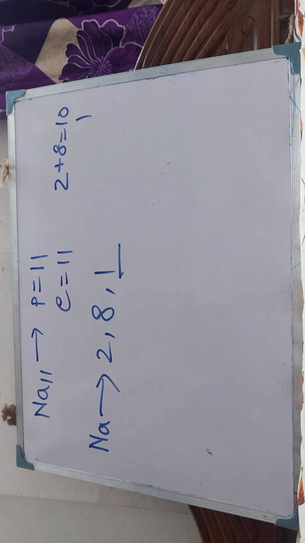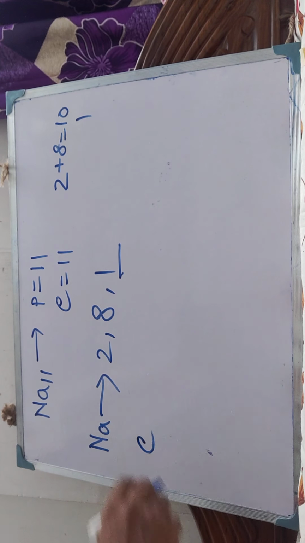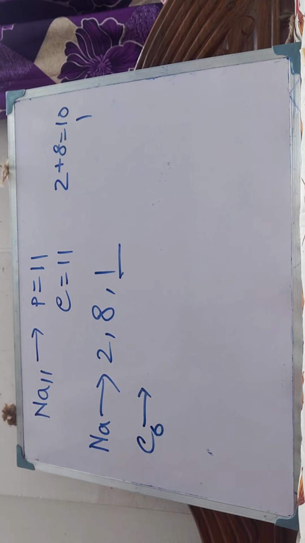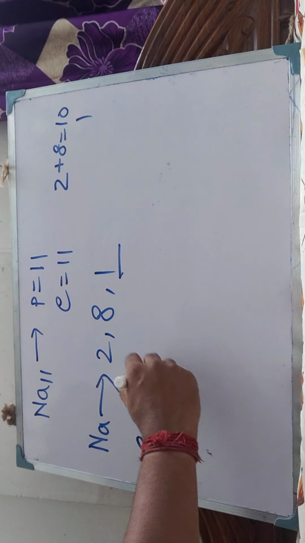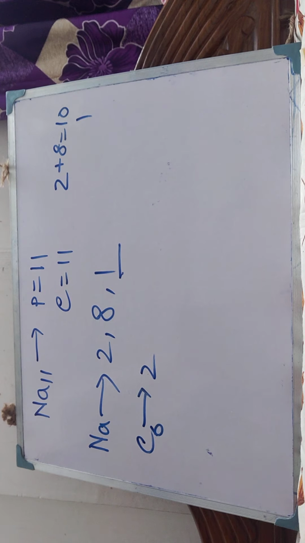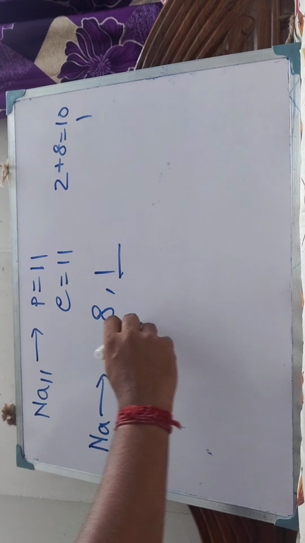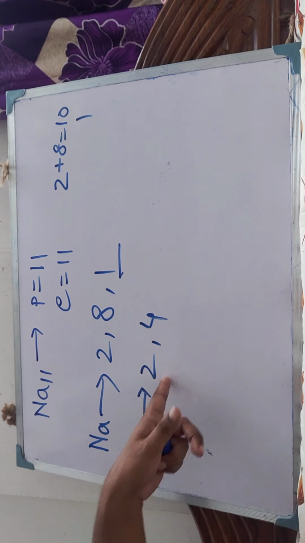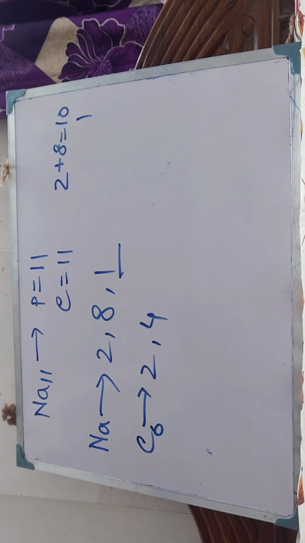Okay, let us write the electronic configuration of carbon then. What is the atomic number of carbon? It is 6. So how many electrons are there? It is also 6. Why? Because the number of protons is always equal to the number of electrons. The 6 means first orbit 2 electrons, always 2 electrons. Second orbit 4 electrons will be there. Why? Because a maximum of 8 electrons can be placed, and 2 plus 4 has already become 6. So no more electrons are there to place here.